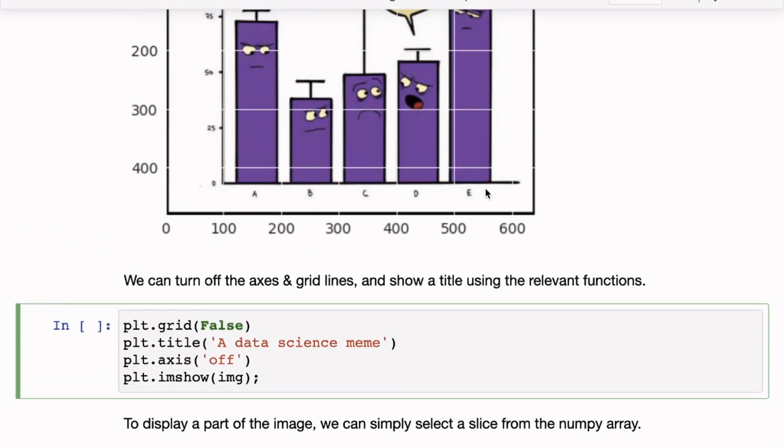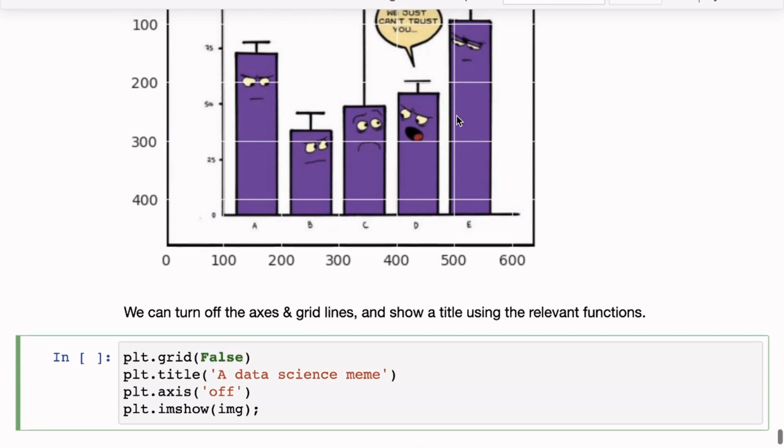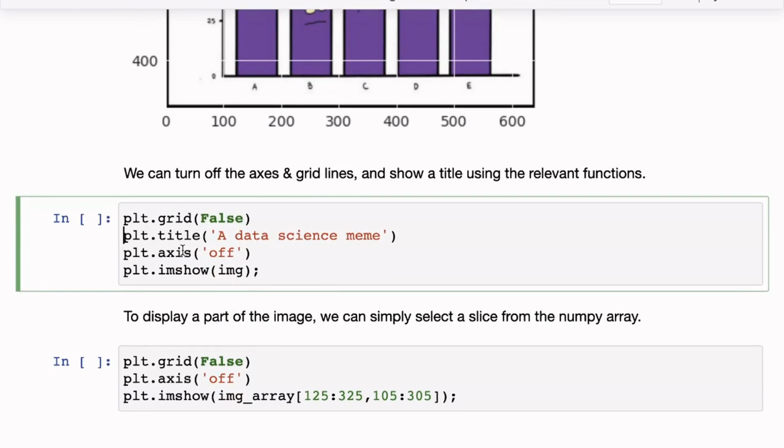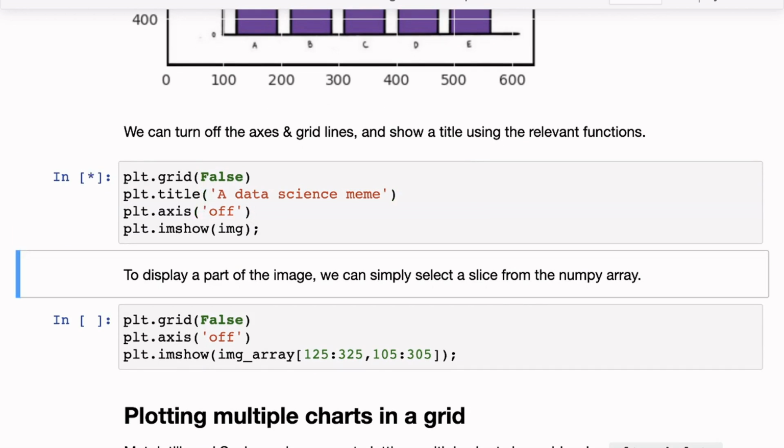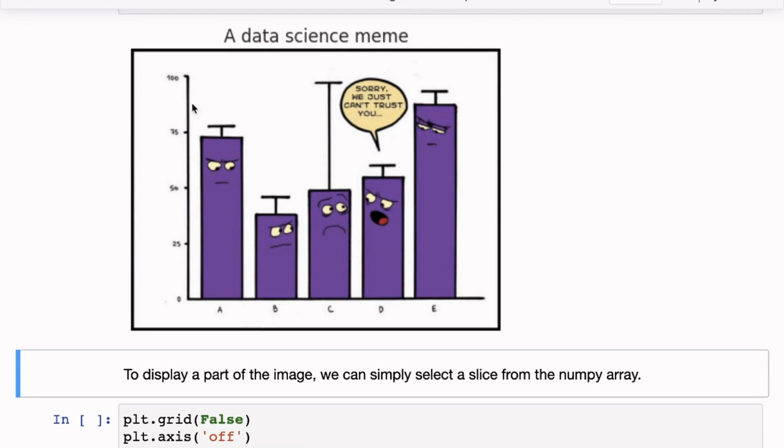You can always just search online how to disable the grid in Matplotlib. By grid, I mean these white lines that seem to be cutting the image, and by axis, I mean the x-axis and y-axis, which have a bunch of values here. We can also set a title for this plot. So here once again we have the actual image now. It seems like the image had a border internally, that's why you see a border, and we have a title for it, and then you can look at the image.